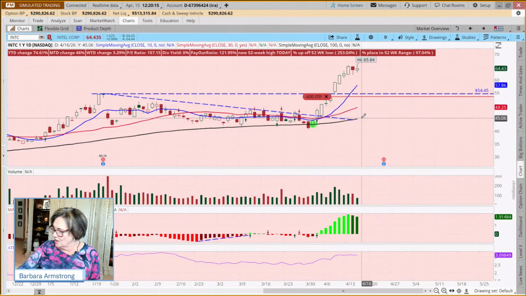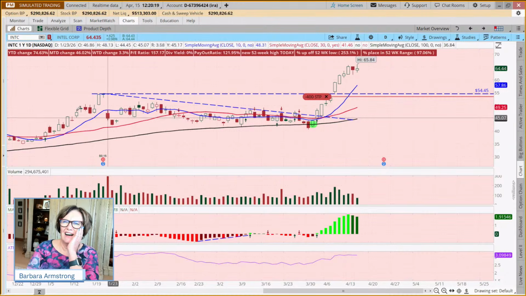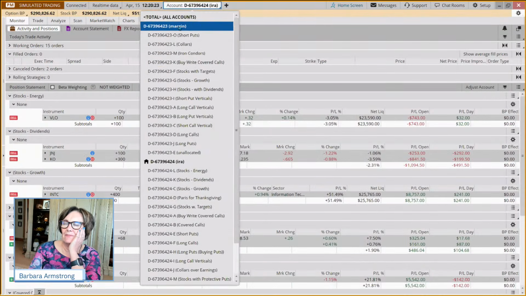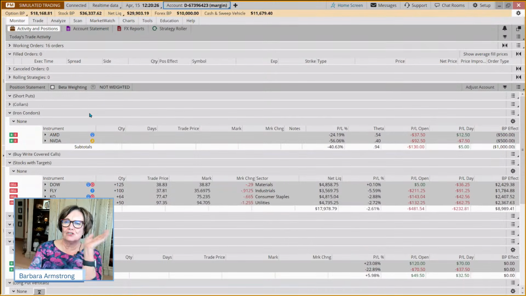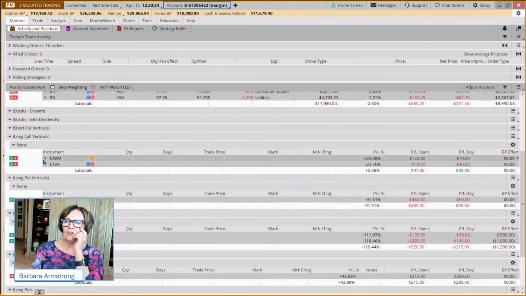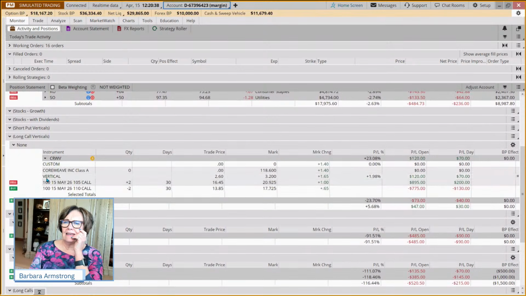We've covered stops. Okay, working orders. Well, I want to come over, I have 2 demo accounts. And in our trading a smaller account, we do a lot of option trades. And so you'll notice here that it says vertical and then it does the math.